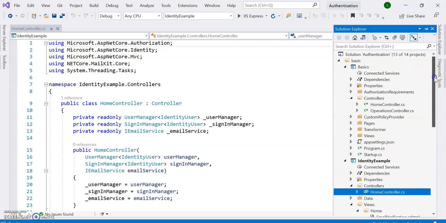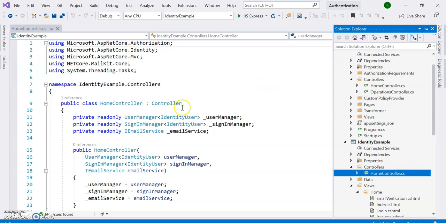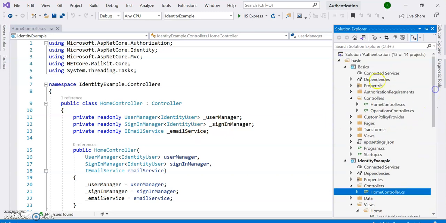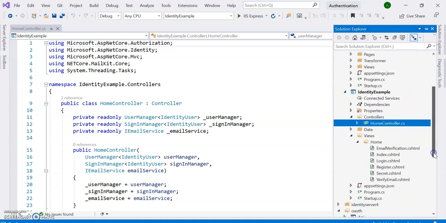Hello everyone. This project I created is a secure API with JWT. So this is my code, and you can see that this is the basic thing. So we can design our application, and the second one is the identity example. This module is useful to identify yourself.